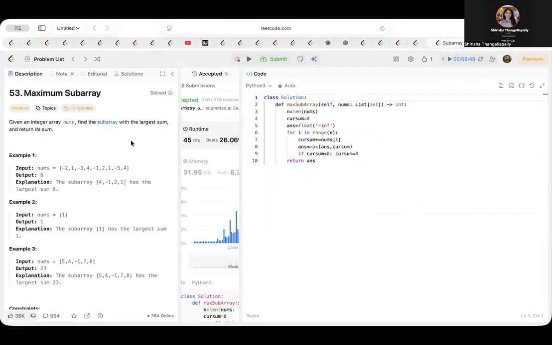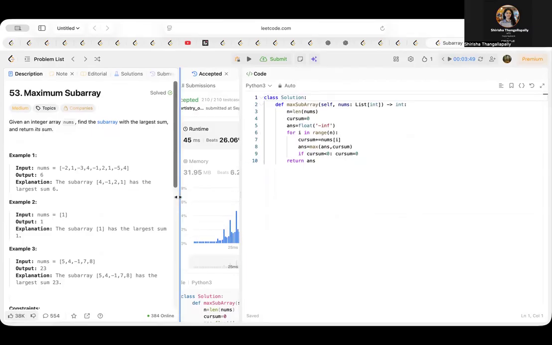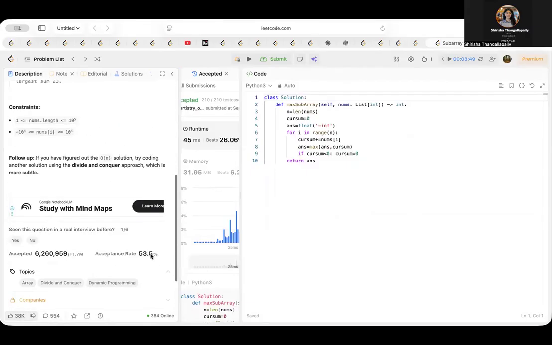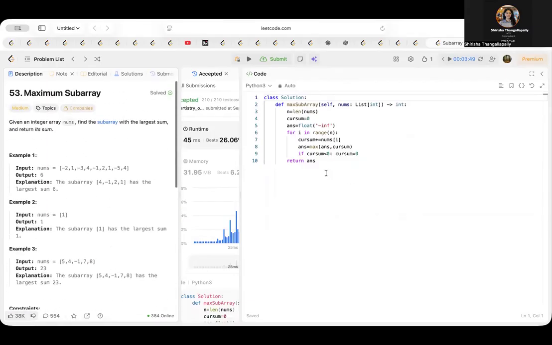I'm going ahead with Maximum Subarray. It's basically Maximum Subarray Sum, right? Yeah. So it's basically Kadane's algorithm. And whenever you come across a sum